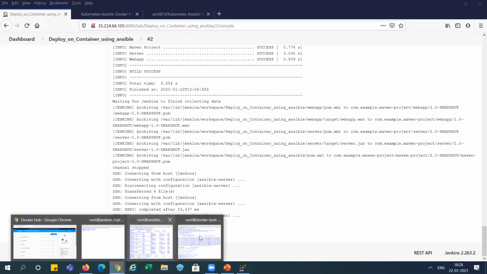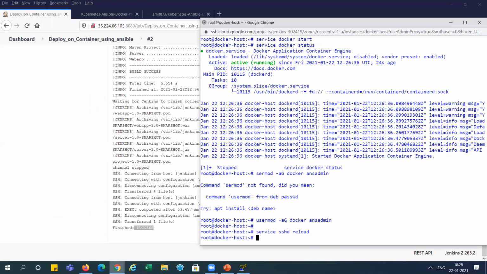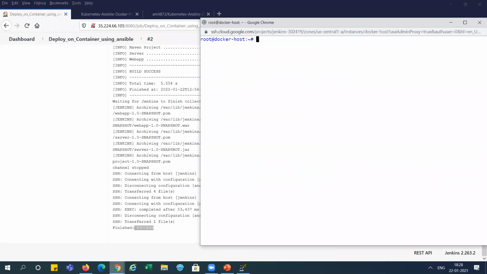Let's go over there. This is our Docker Hub, right? So I am just clearing this screen. I run docker images. You can see we got one image, right? About a minute ago, and you can see docker ps.